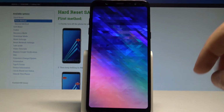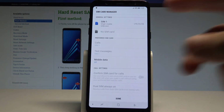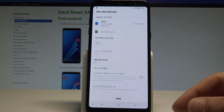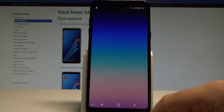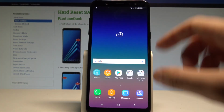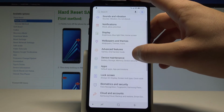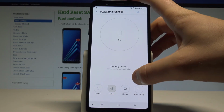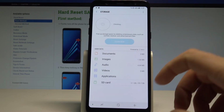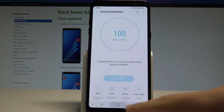Let's unlock the screen. As you can see, the SIM card manager opens automatically and the phone is reading our first SIM, so it's a good sign. Let me also go to settings in order to find and select the storage information. Choose device maintenance, tap storage, and as you can see, the device is reading our SD card, so everything went well,